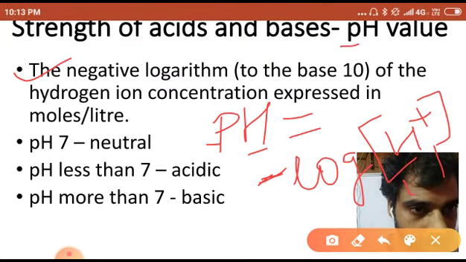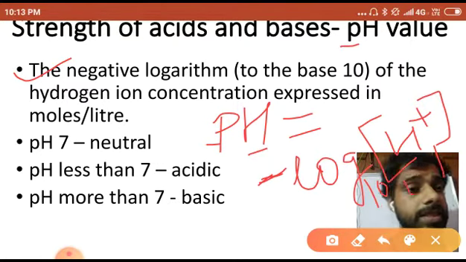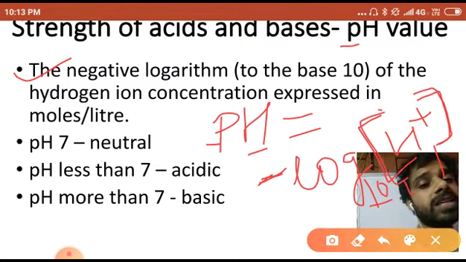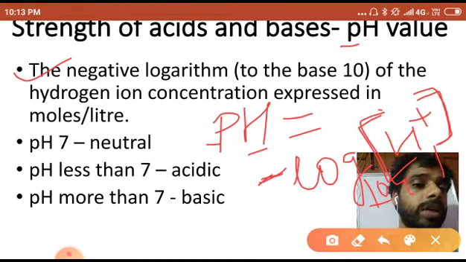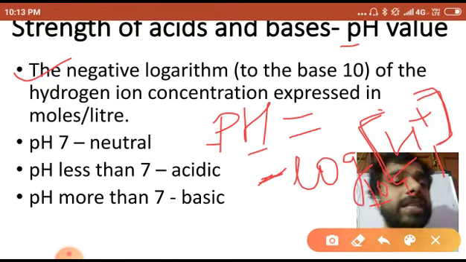So you have to write here base 10. Okay na? Now what is log? How can you find that log? In maths it is given. Okay na? So minus log to the base 10 of the hydrogen ion concentration. How can you call this square bracket? This one as a concentration. Okay na? Concentration. So this is the formula you can write down: pH is equal to minus log H plus.